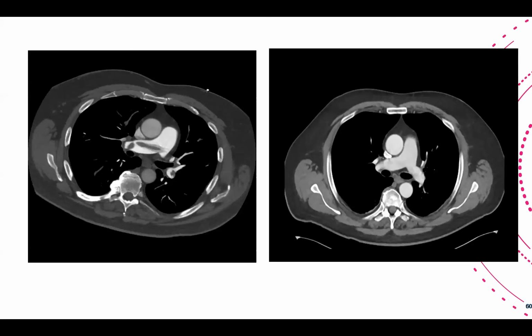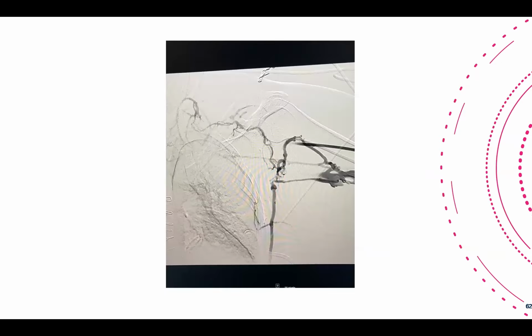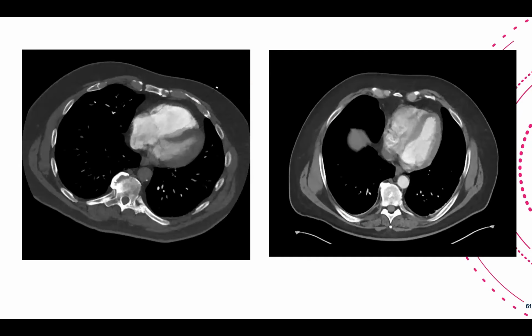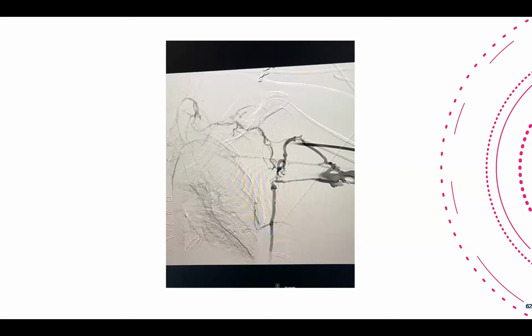We normally do a baseline scan, and this shows bigger clots in the main pulmonary artery and subsegmental branches. This is the second day exam after the treatment. So almost complete resolution of the clots. And you can also see the difference in the RV-LV ratio. It's a big difference.